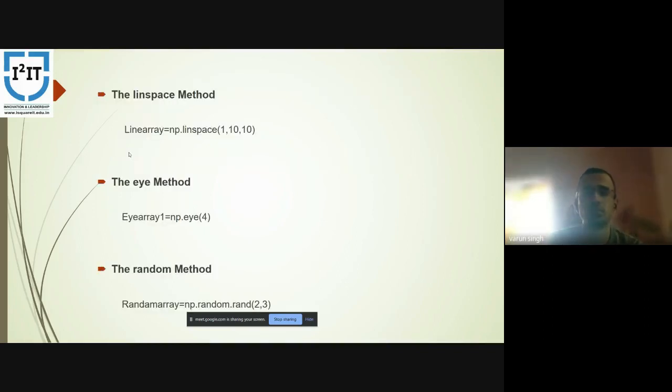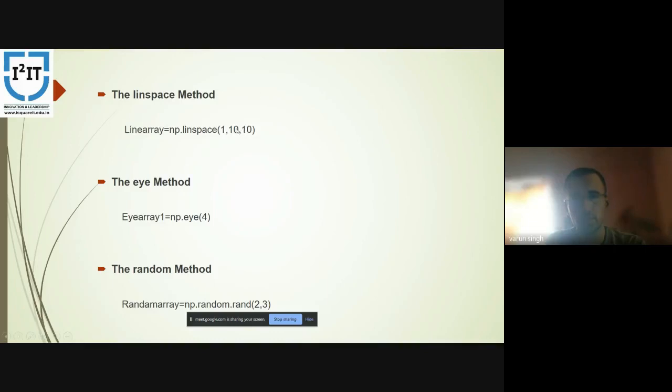And we have used here the linspace method, the eye method, and the random method. Now we will discuss these one by one. The linspace method. Here we have given 1 to 10, and this 1 to 10 is being divided into 10 parts.